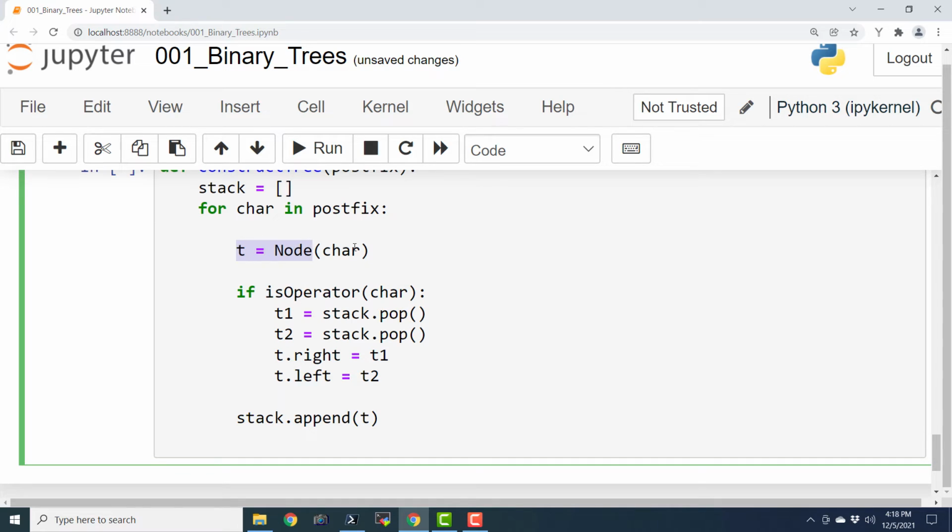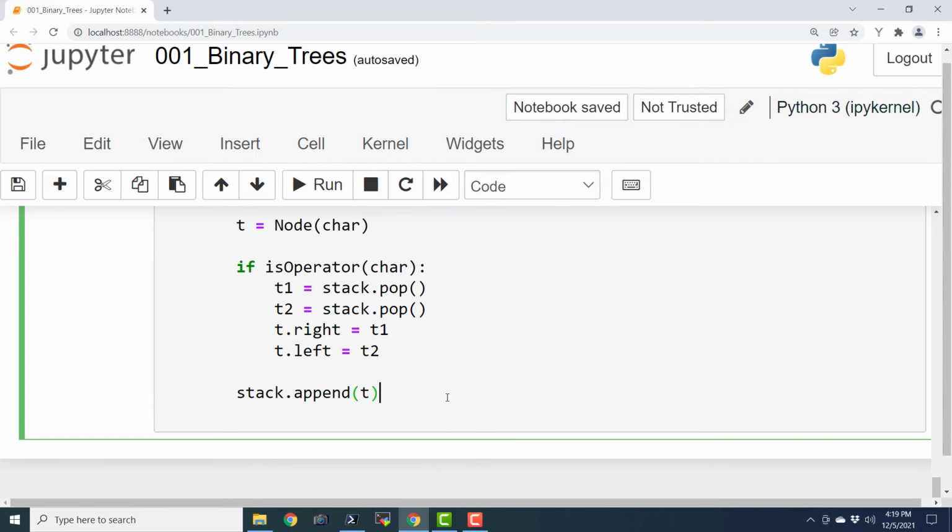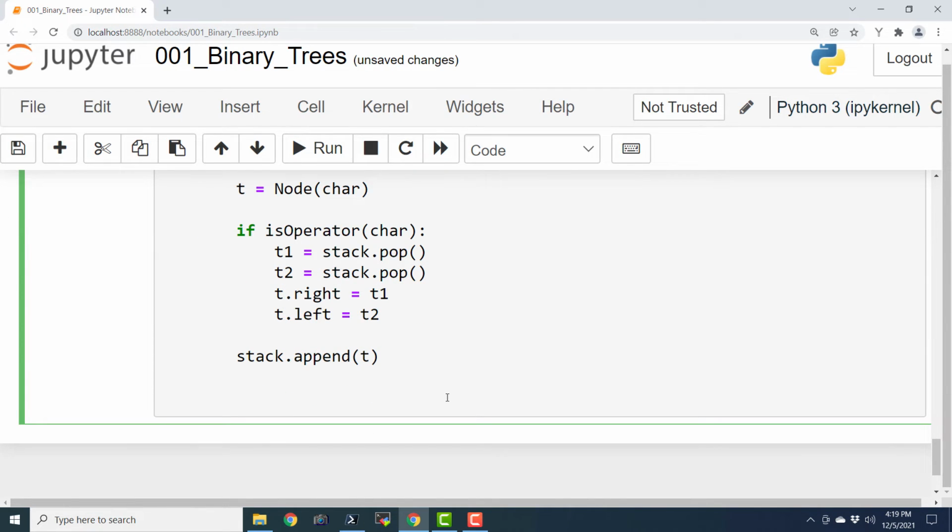So we are going to create a node, and then we are checking if that is an operator, and if it is an operator, then we are popping two earlier values, and then we are making those two values the left and right trees, and then we are pushing that value again. In both the cases, these two things are there, right? stack.append(t) and t equals node of char. Now finally we are going to pop that value.